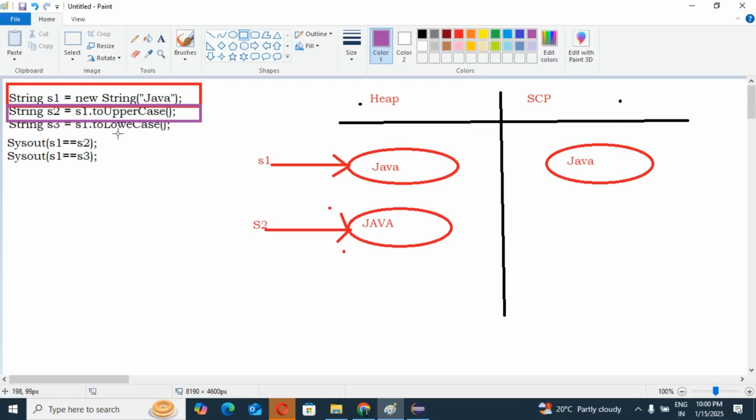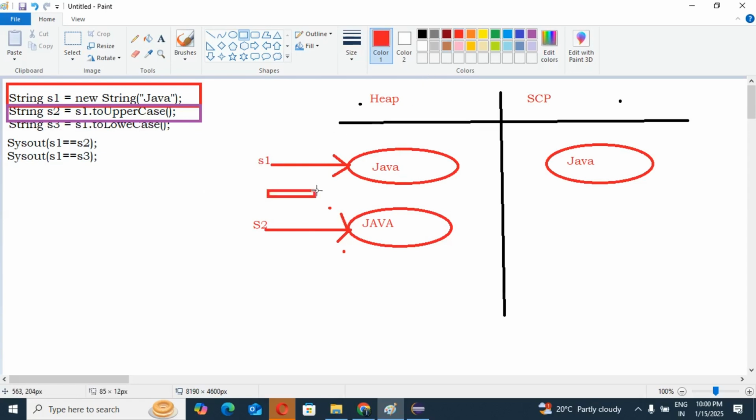S1 is already in lowercase, so if we convert to lowercase, the same content will be there. There is no change in the existing object, so the same S1 remains. That's why this object S3 also refers to the same object. Yes or no, guys?